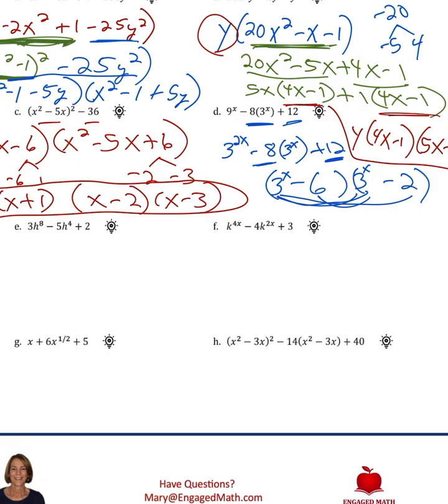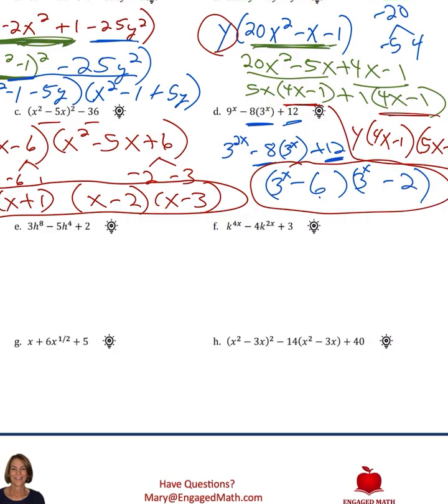So all of that work results in this answer, which I'm going to circle in red. It was not as bad as it looked, but it's really tricky, I will say. Okay, you ready for more light bulb problems? Here we go. Okay, for 2E, basically this is very similar to the splitting the middle term problems, but the